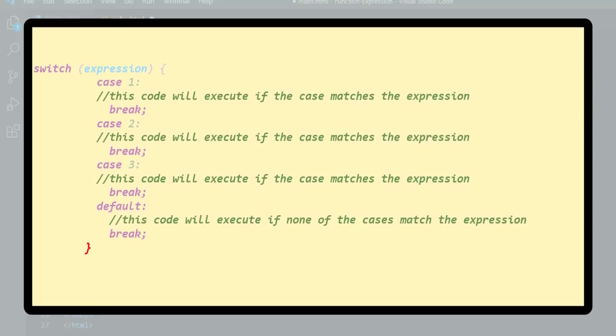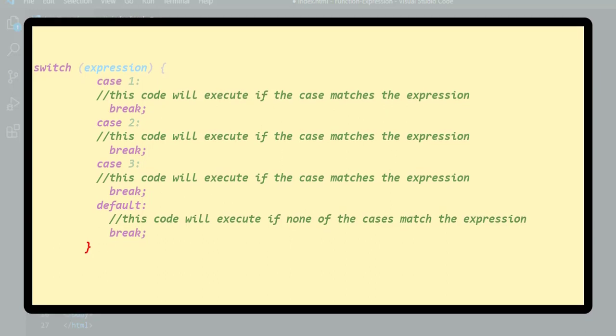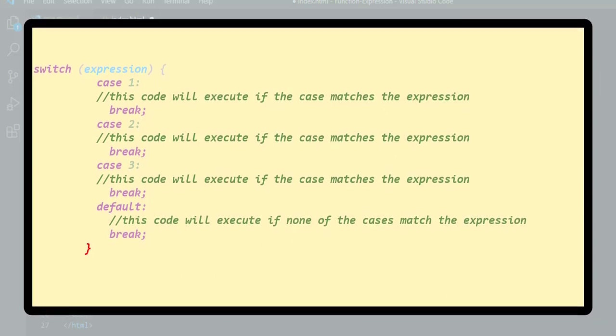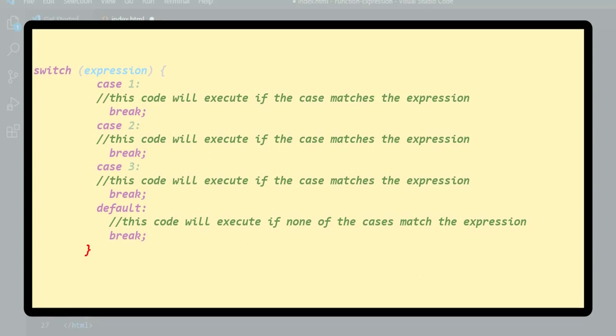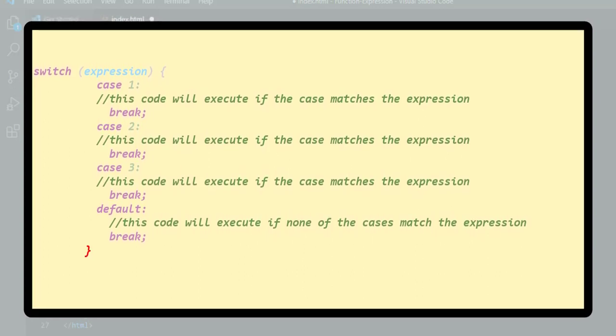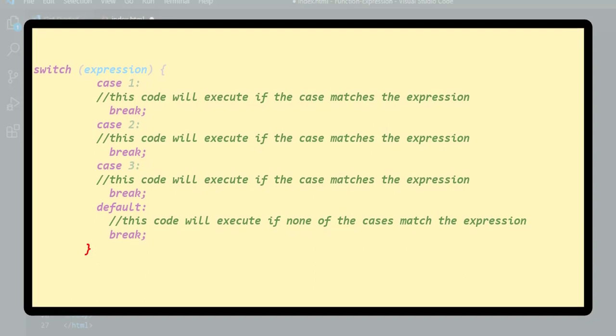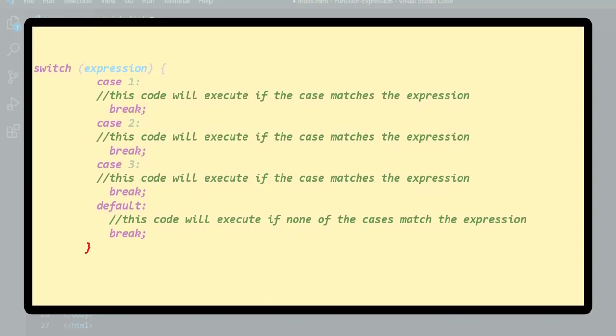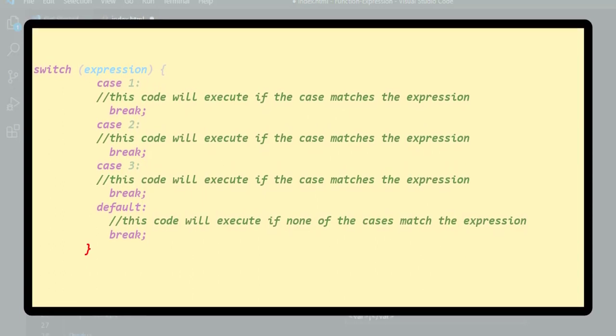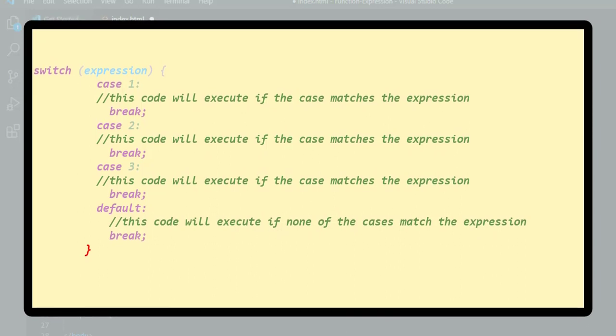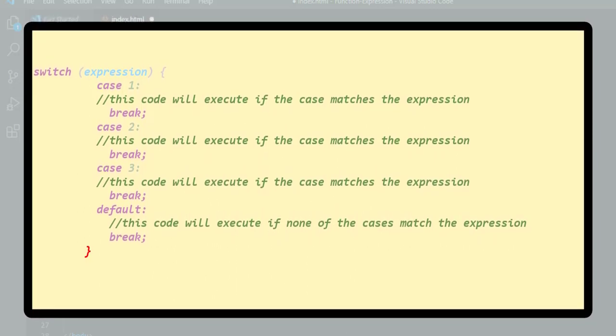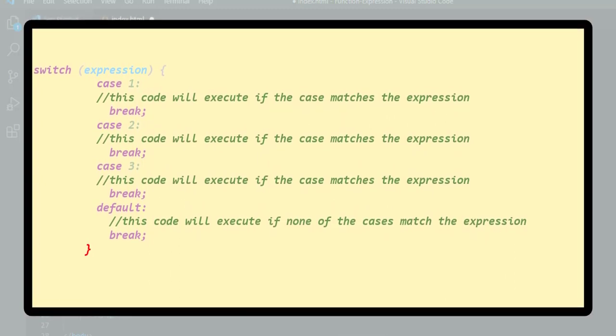This block of code will execute if the case matches the expression, and then break. If this case doesn't match the expression, it jumps into case 2. This code will again execute if the case matches the expression, and then break. If it again doesn't match, it jumps into case 3, and then finally